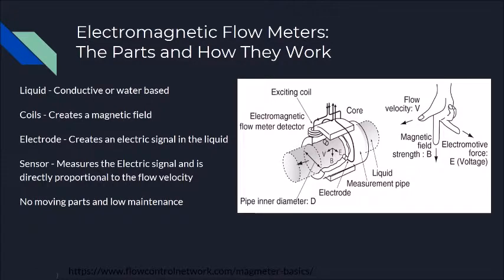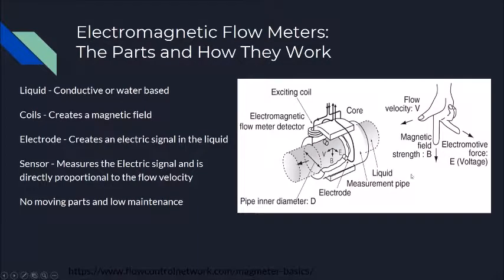Now we're going to start breaking down the individual main topics. We're going to get into electromagnetic flow meters first, and this is the parts and how they work. First, we've got to have a pipe with a liquid flowing through it. The liquid's got to be conductive or water-based, and then to actually get the magnetic field, we need the coils. And then the electrodes that will float in there and send the signals to the sensor head through the liquid, which then determines what the flow velocity is, and based off Faraday's law, which we'll get to here in a